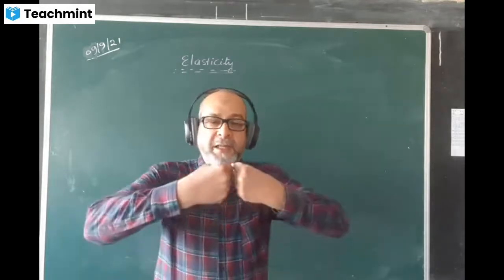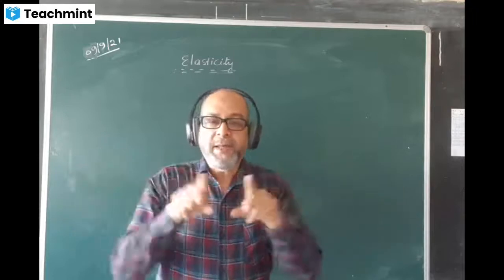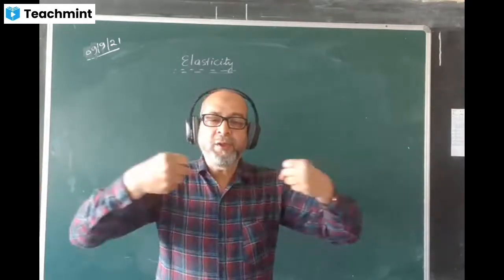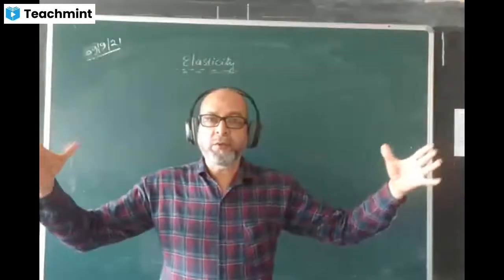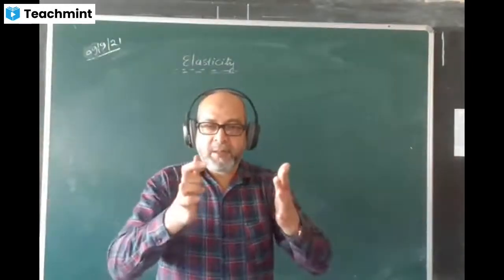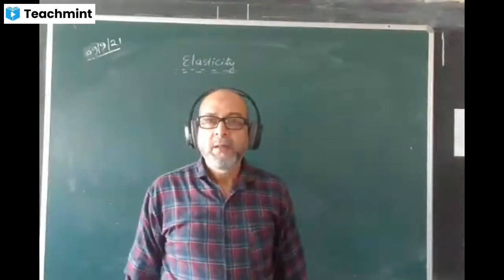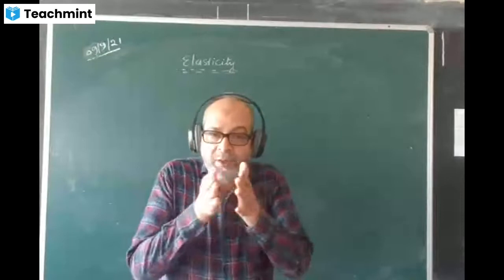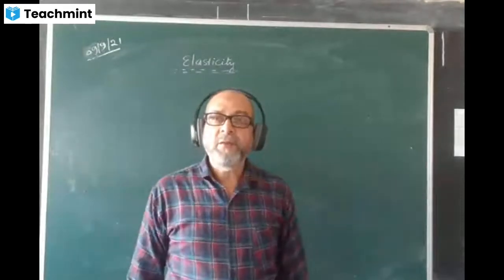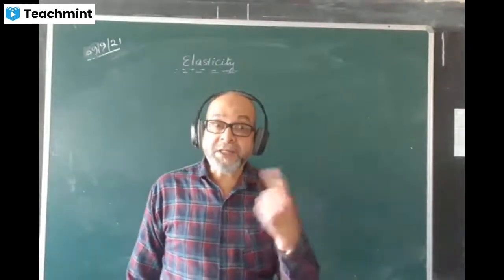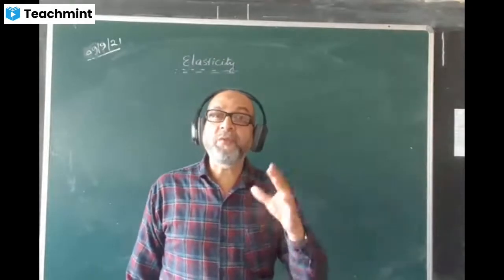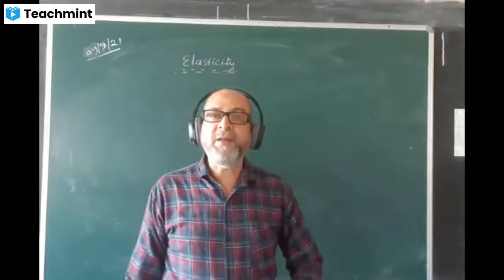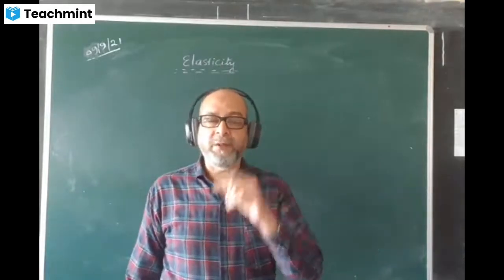And now let us take the spring and stretch it, making the molecules go far apart. Once I withdraw the force, where will the spring come? The spring will be closing like this. So this example suggests that when the molecules are going far away, they will have a force of attraction between them. We'll have intermolecular force of attraction. But when they are too close to one another, they will have the intermolecular force of repulsion.